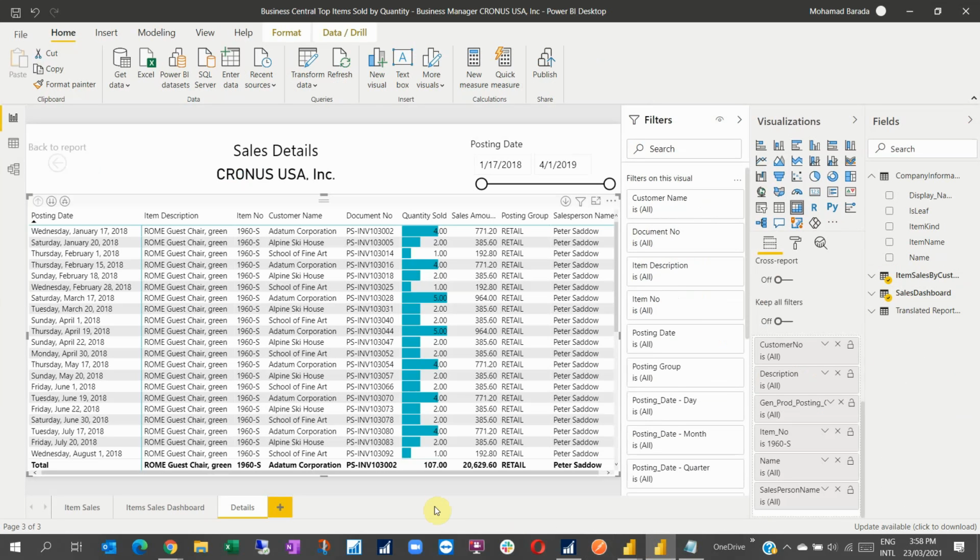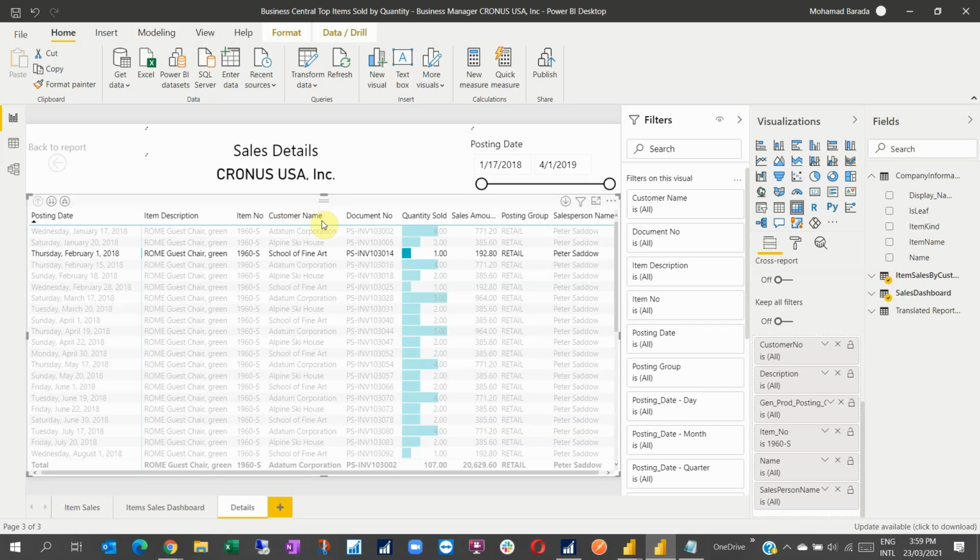Okay, so I just want to build this similar to... I'm going to show you how I'm going to build